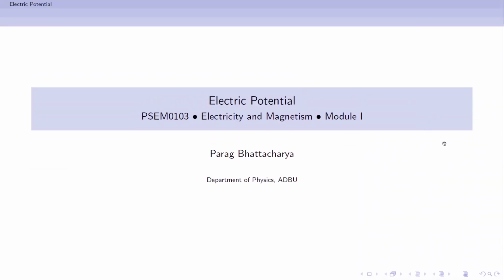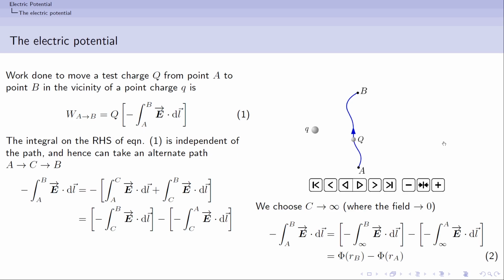Hello everyone. In this lecture, I would like to carry the discussion in the previous lecture forward. In the previous lecture we talked about the electric field, which is a vector field, and now I will introduce to you the electric potential, or to be more specific, the electrostatic potential, which is an example of a scalar field. We encountered this during the previous lecture when we were trying to find the work done when I move a test charge.